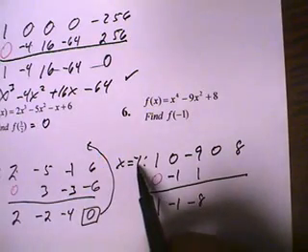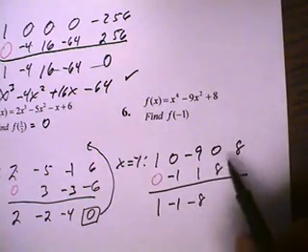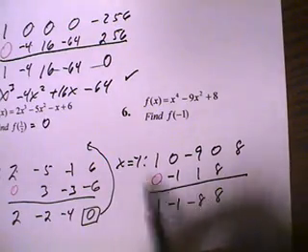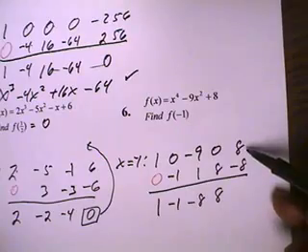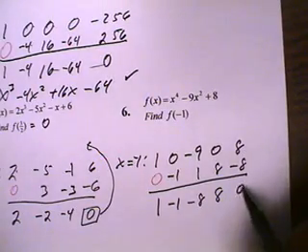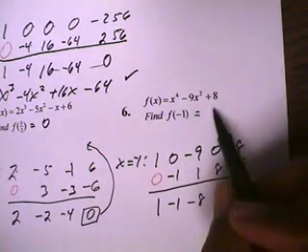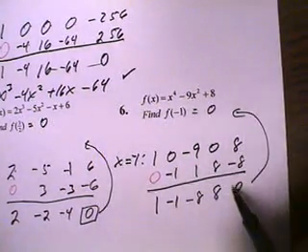A negative 8 times a negative 1 is positive 8. A 0 added to a positive 8 is 8. 8 times a negative 1 is negative 8. And a positive 8 and a negative 8 makes 0. Therefore, this evaluates to 0 using the remainder